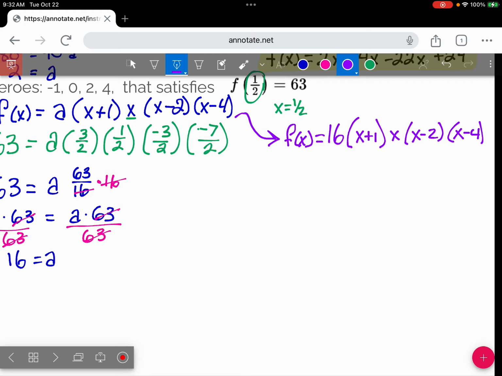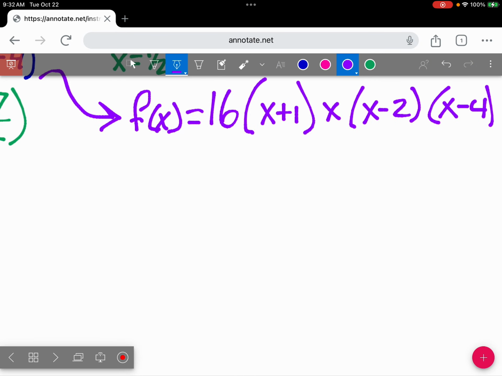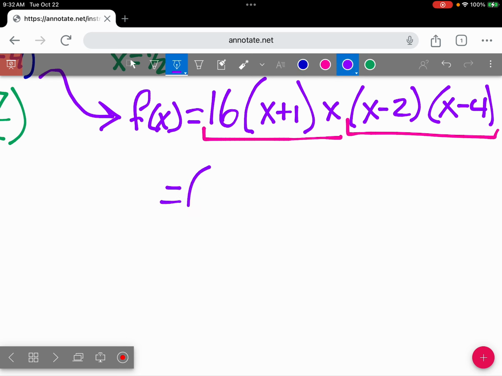And again, we're going to multiply this out. We need to put this in standard form. So I'm going to multiply this in chunks. I'm going to do this as 1 chunk, and I'm going to do this as 1 chunk. You can think of that as 16x times x plus 1, or you can do it in 2 sets of distribution. But either way, we should wind up here with